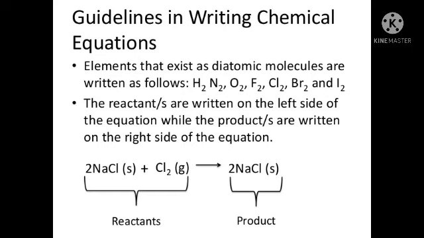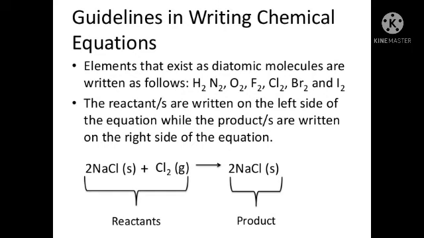Writing chemical equations. Elements that exist as diatomic molecules are written as H2 hydrogen, N2 nitrogen, O2 oxygen, F2 fluorine, Cl2 chlorine, bromine Br2 and I2 iodine. The reactants are written on the left side of the equation while the products are written on the right side